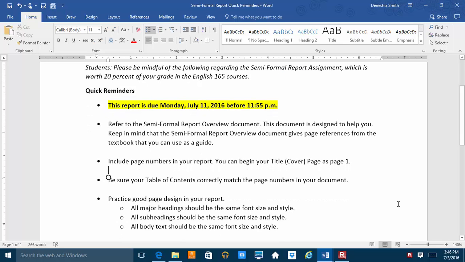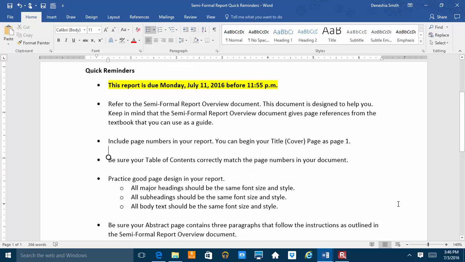Refer to the semi-formal report overview document. This is the document that I gave to you when I approved your proposal memo. I also think I gave you a video at that time too. You don't want to ignore this document because this document outlines step by step how you should put this report together, what I'm looking for, what I'm expecting. And so you want to make sure you read over that document very, very carefully as you're putting together that